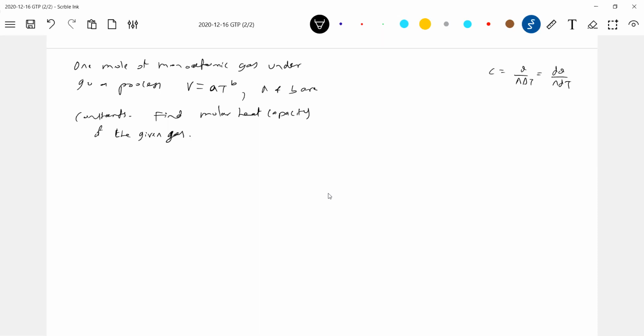Okay, again, where do we start? First we'll calculate the work done, it'll be easier. So usually, what is the parameter? The temperature of the gas will be varying by an amount delta T, or T1 to T2. So work done equals the integral of P dV. P you can write as RT by V.